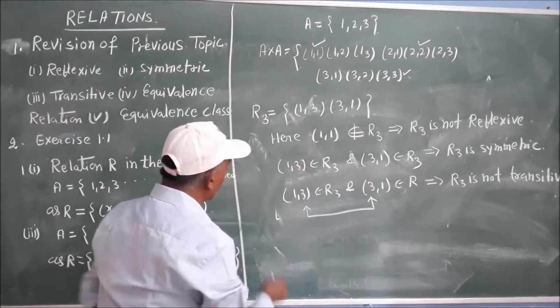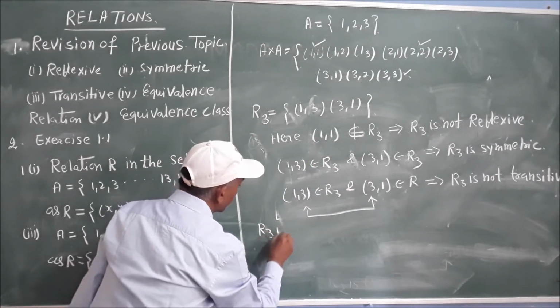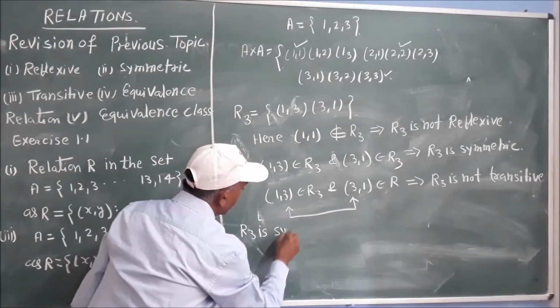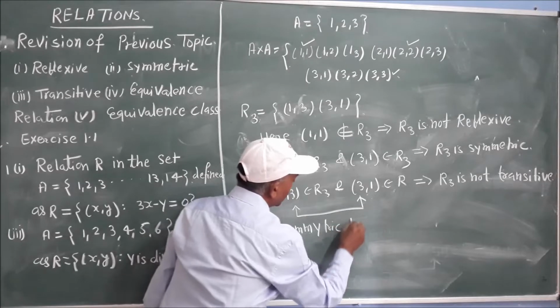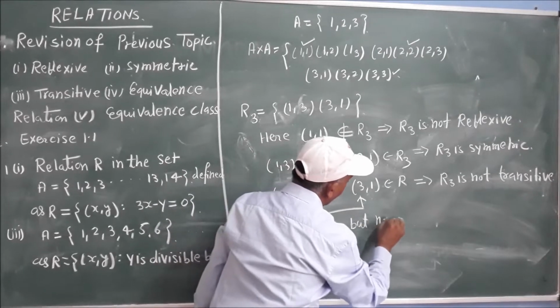This example shows you that R3 is symmetric, but neither reflexive